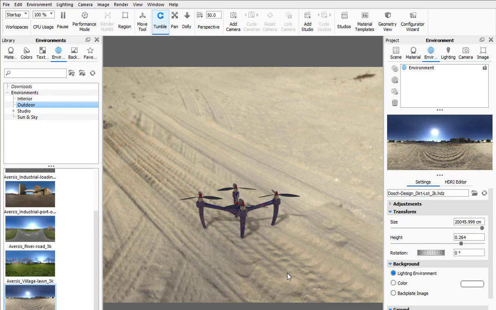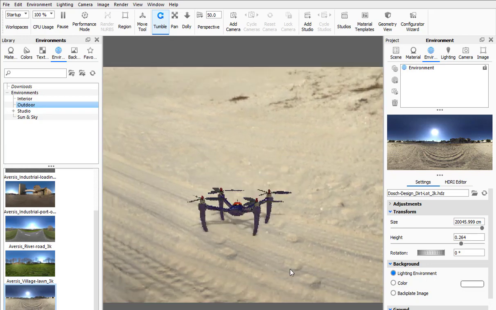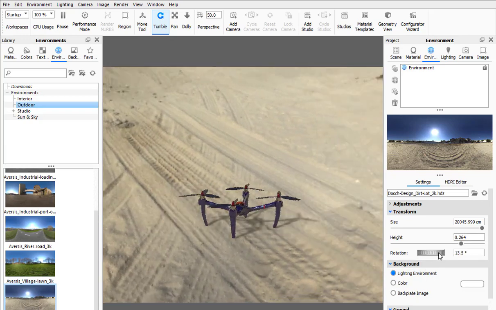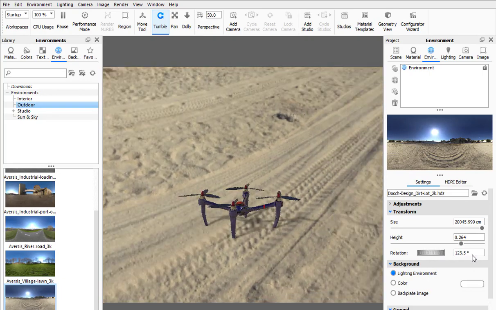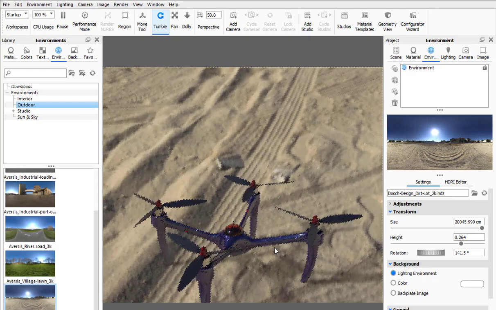So we won't be moving the camera for our animation. The camera will be static. That looks pretty good like that. If I start doing this, it's going to look very fake, so we won't be animating the camera in this instance. You can also rotate the environment, so if you want to pick a different spot, like in this case, I want to show off my logo,